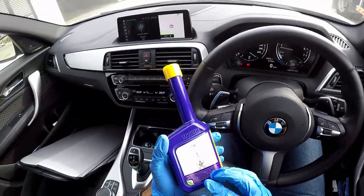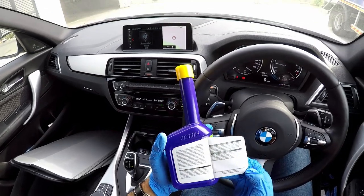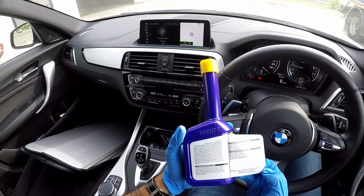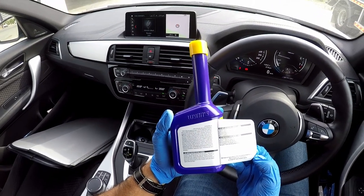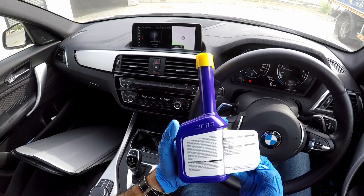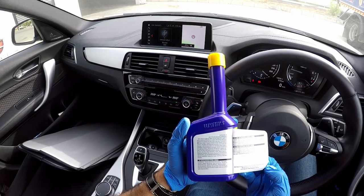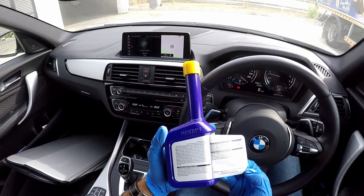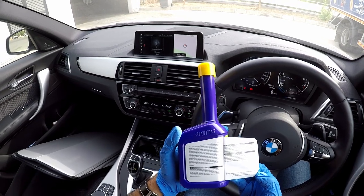Okay, tank is full. Let's see if I can peel this with latex gloves on. Okay, formulated to absorb water from the fuel system, guard against rust and corrosion, improve cold starting, clean fuel injectors, prevent carburetor and fuel filter icing, improve fuel efficiency, restore lost power, goodness gracious, great balls of fire, lubricate parts